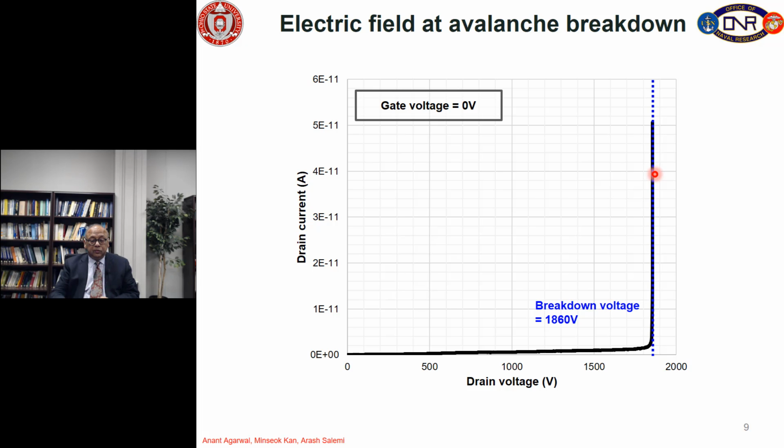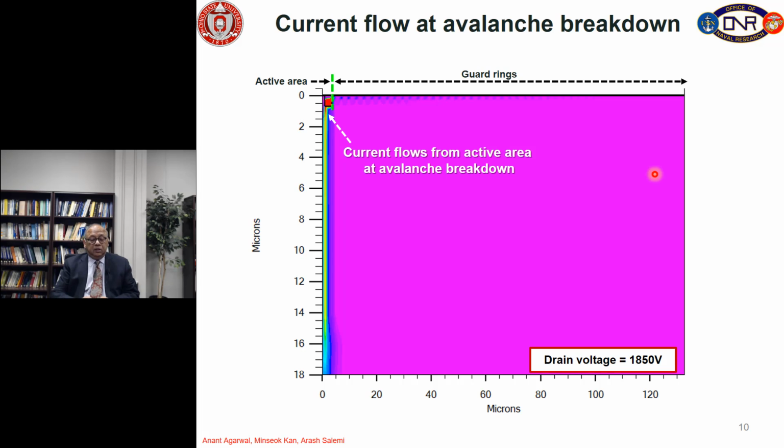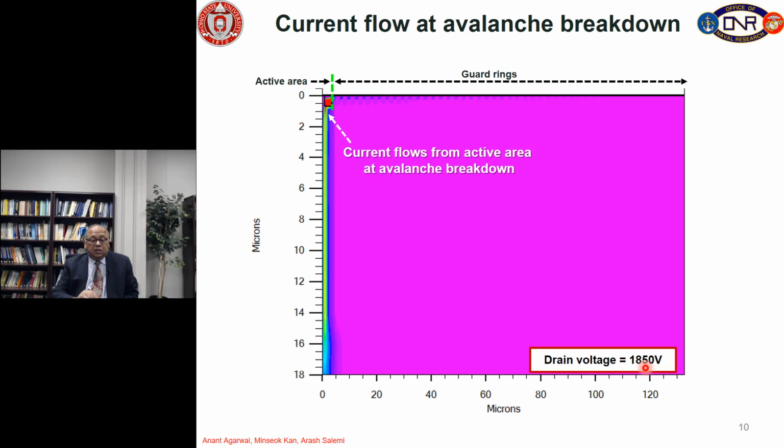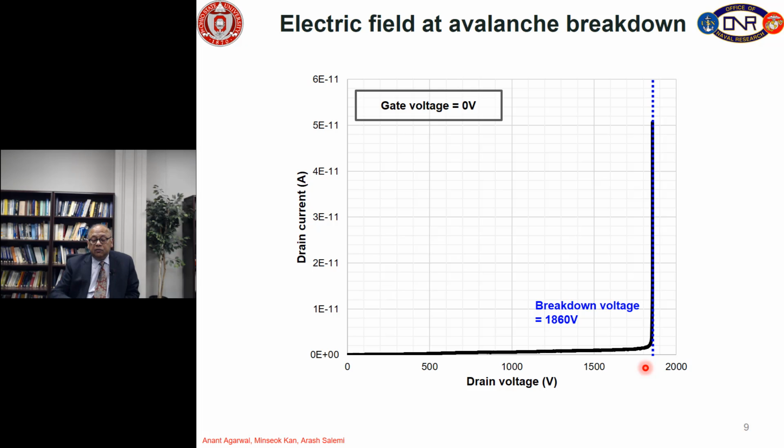All right. So, if we take 1850 volts, which is slightly below the avalanche voltage, but the device is still avalanching, we can look at it, so the device is at the onset of avalanche at 1850 volt. As you can see, this blue line is 1860, 1850 would be slightly below that. So, we will be biased here somewhere at the onset of avalanche, but we can see how the guard rings